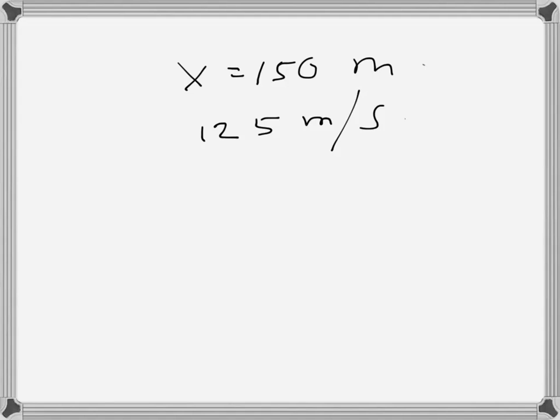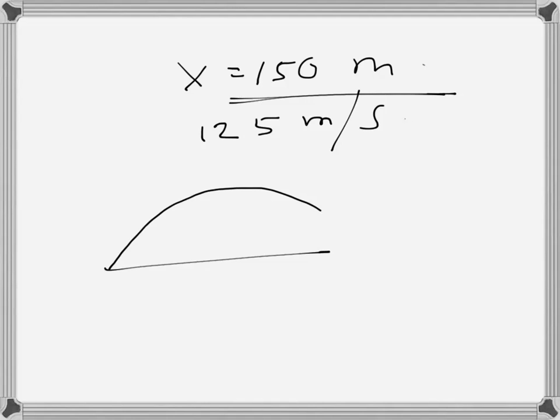A gun is aimed at a target 150 meters away, and the initial projectile velocity is 125 meters per second. We need to find at what angles the gun can be fired so that it reaches the target 150 meters away. What we know is, if the gun is shot like that, and this is the maximum height,